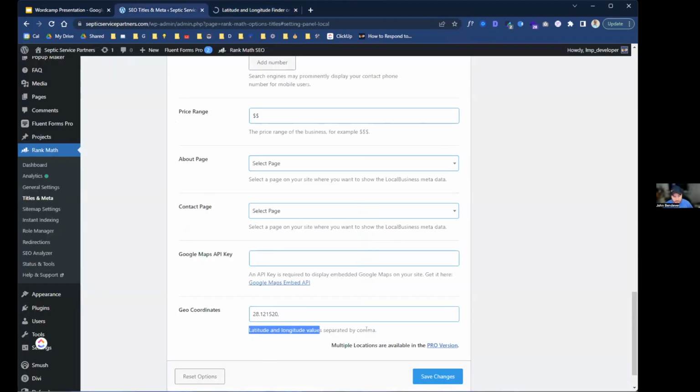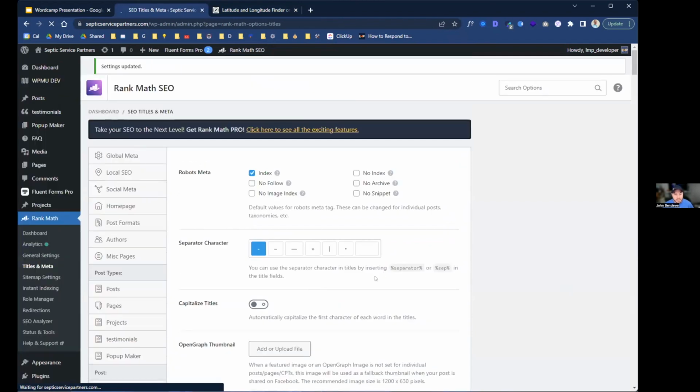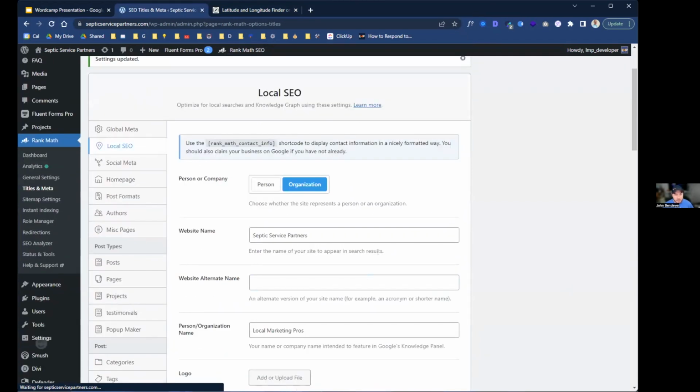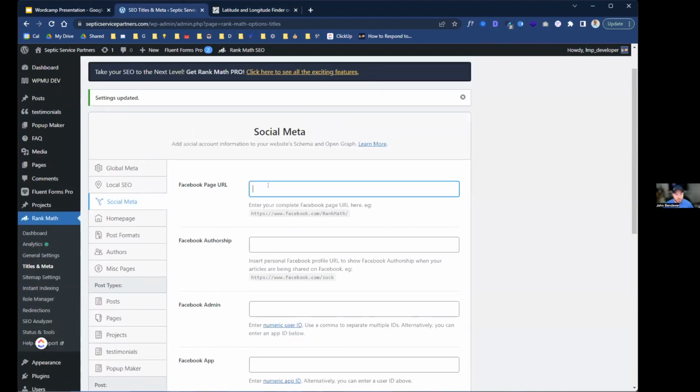And description here, it says to separate it by a comma. So I have the comma in there, and I'll put the second one in and save my changes. And that takes care of our basic schema on the homepage. We also want to include the social media. So I'll just put our agency's. We don't really have a fan page for this particular site. So I'll put